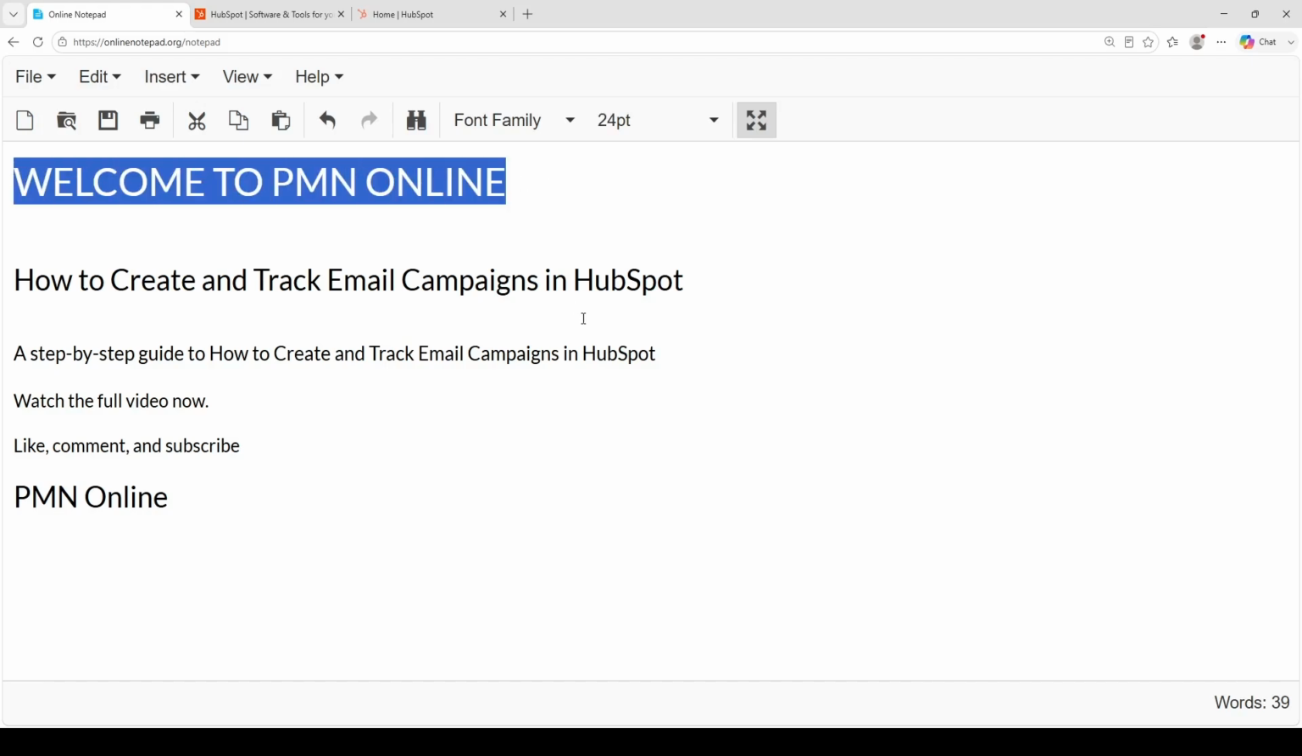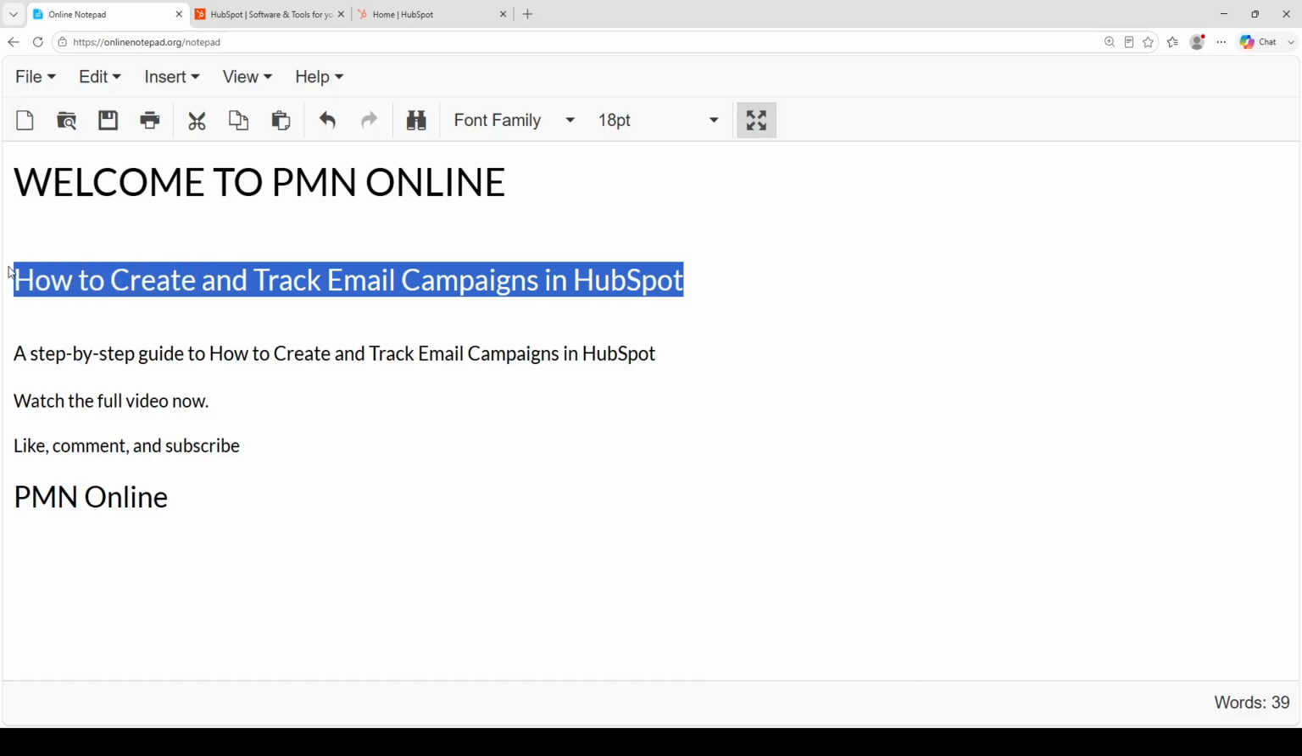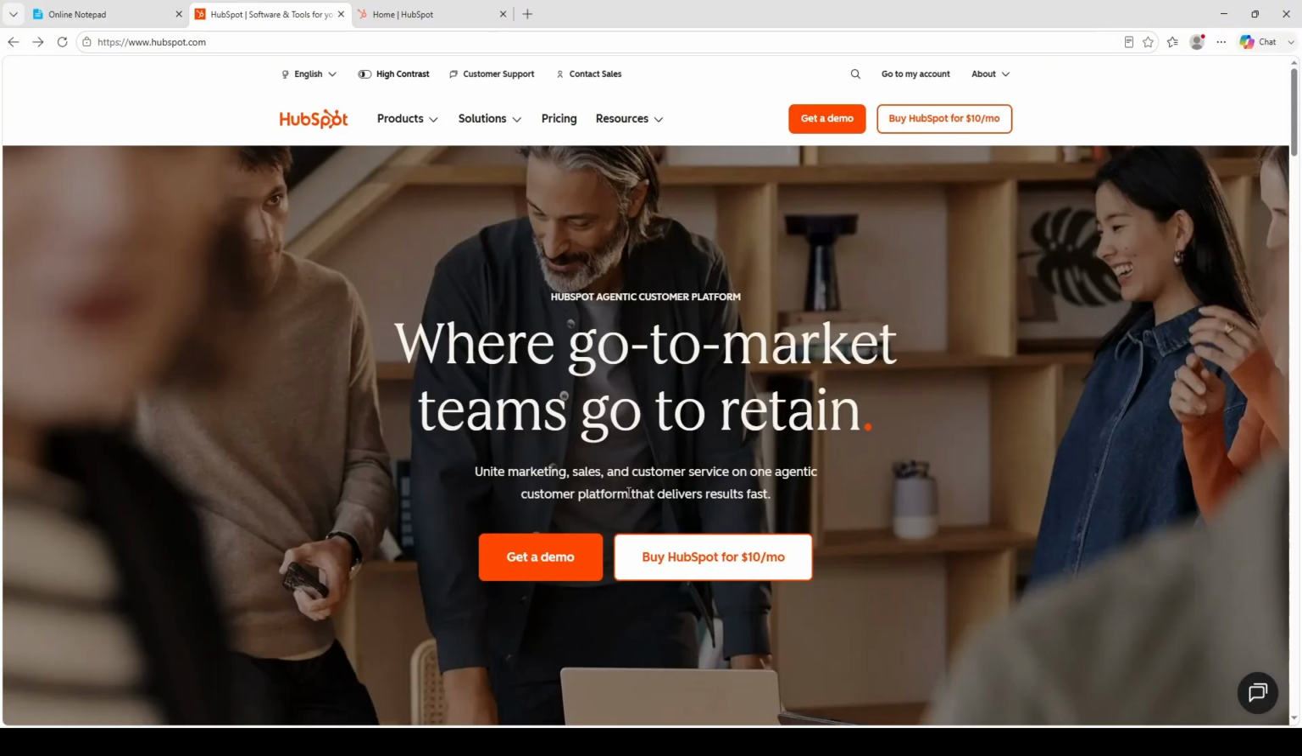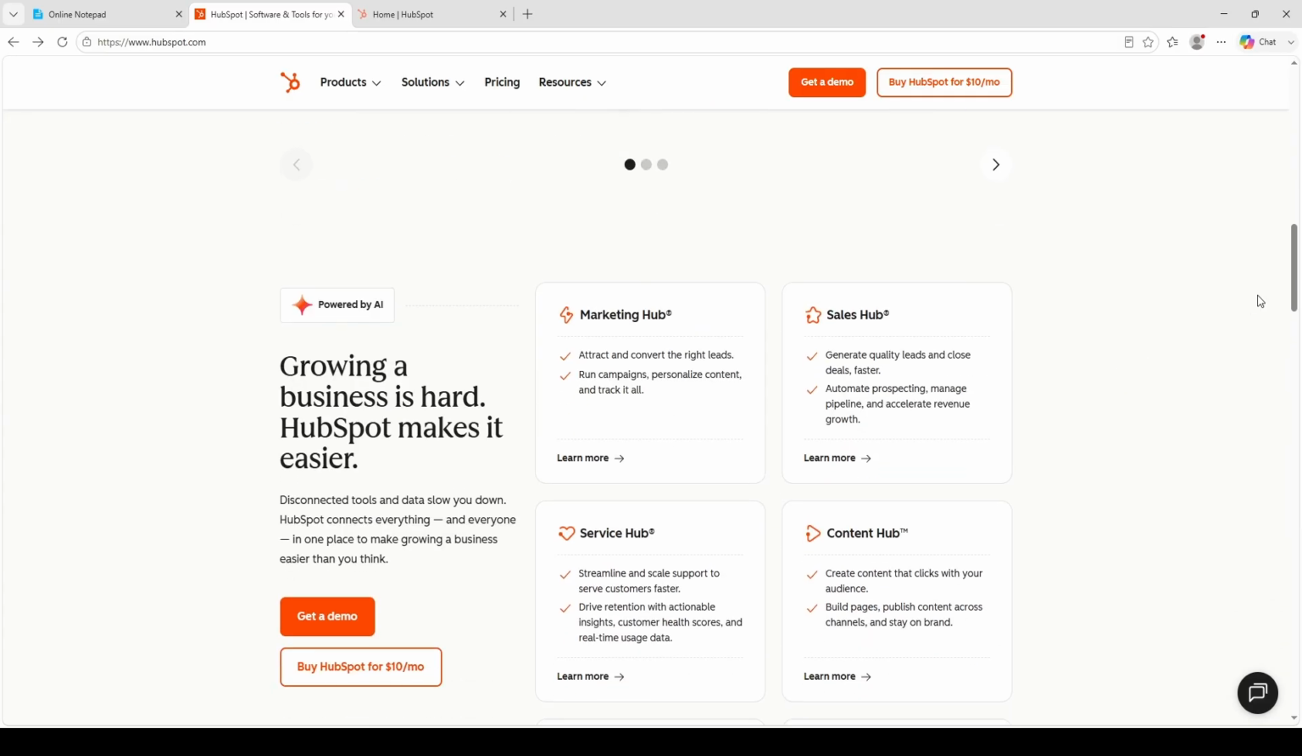Here I will show you how to create and track email campaigns in HubSpot. The ability to create and track email campaigns is essential for anyone delving into email marketing. By mastering HubSpot's tools, you can manage campaigns more effectively, ensuring that your marketing efforts reach the right audience with the right message. In this tutorial, we will take you through each step of the process, making it simple and